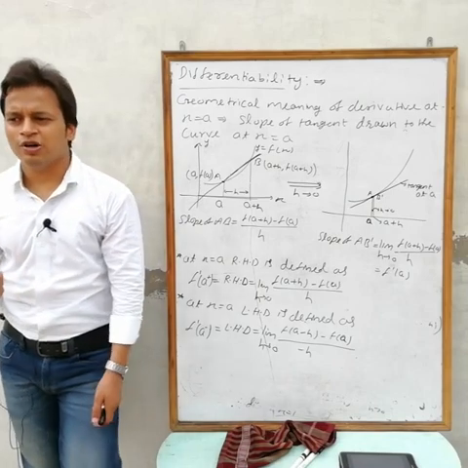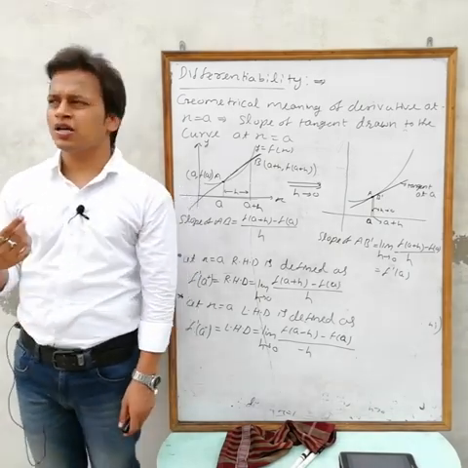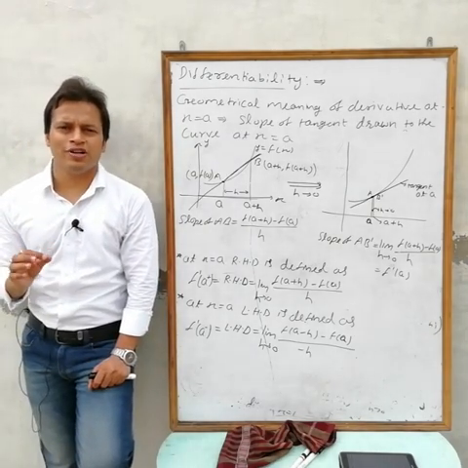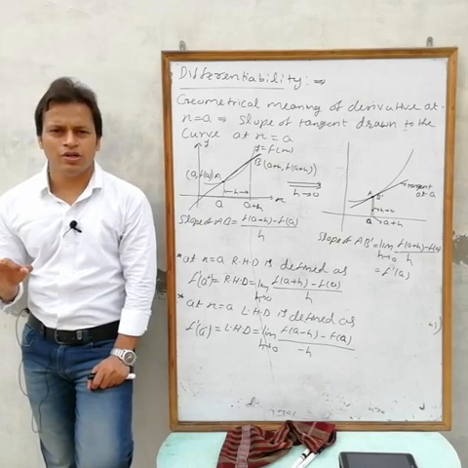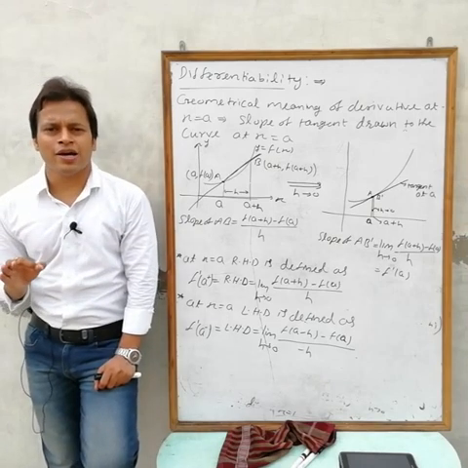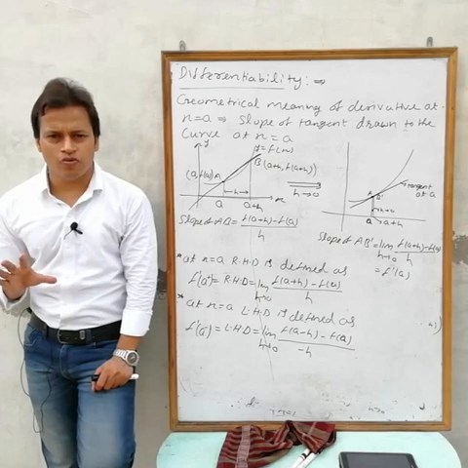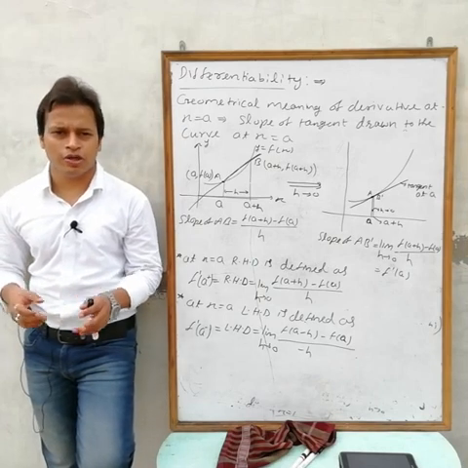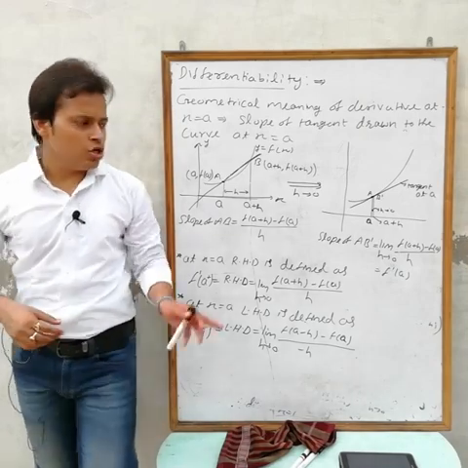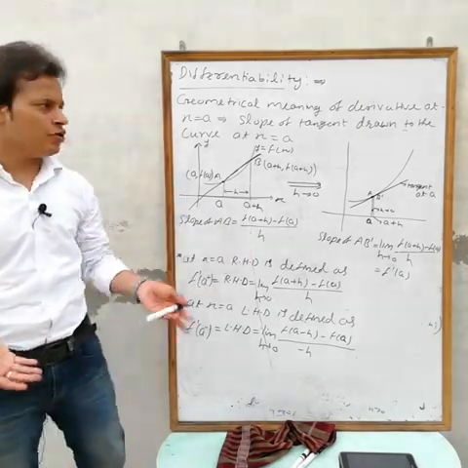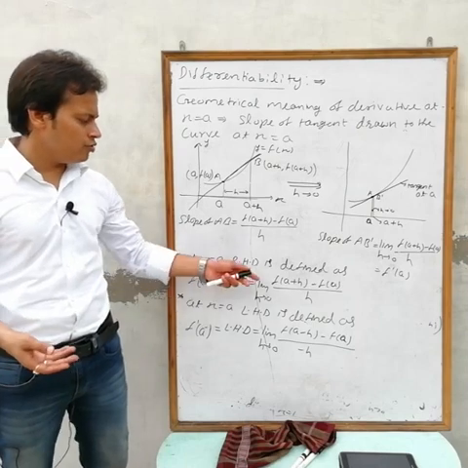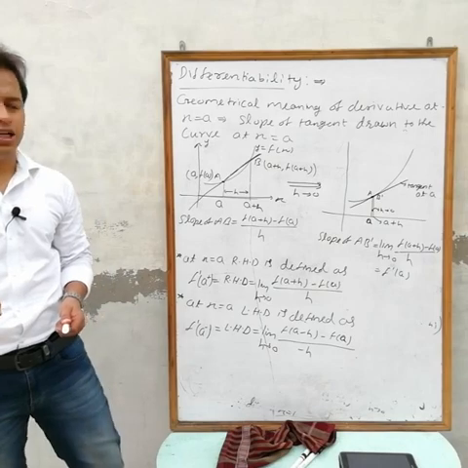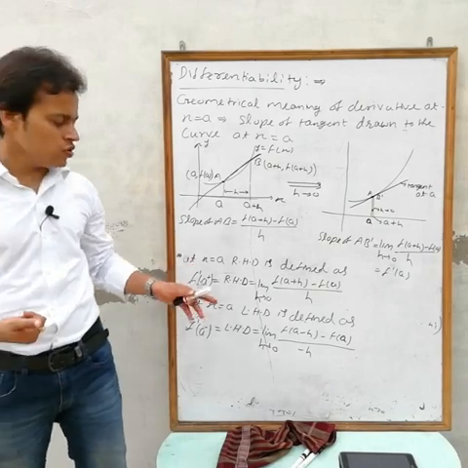If you are differentiating sin x at x equals 0, then the derivative of sin x is cos x, put x equals 0, what are we getting? Cos 0, that is equal to 1. So the derivative of sin x at x equals 0 is equal to 1. Now it is not possible that we get 1 and minus 1 both. Always you will get a unique derivative. So both derivatives must be the same, because we have two options to find the derivative. You can use RHD or you can use LHD. So a function is said to be differentiable if LHD is equal to RHD.